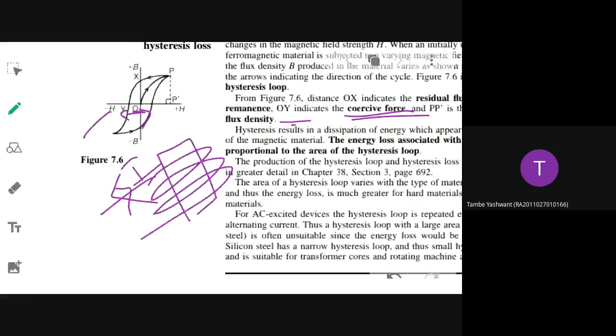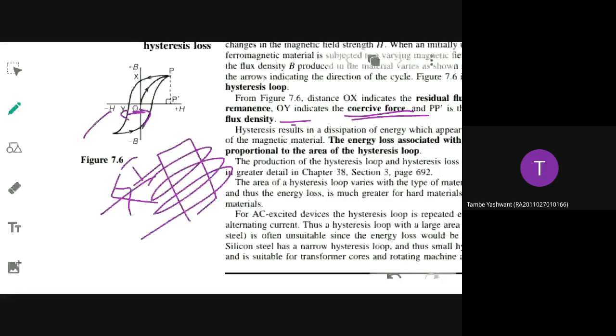One is residual magnetism, for which I have given the definition. Residual magnetism is whenever you try to magnetize, even before current is passed, the material exhibits a minimal amount of flux property left over from earlier behavior. That is called residual flux or remnants or residual magnetism, because of which some EMF will be induced. Coercive force, I will give a proper definition in the next class. I will also tell you how the variation of the curve happens, why that closed curve is reversing, all those things I will explain in the next class.